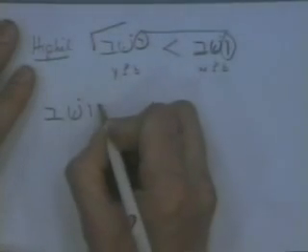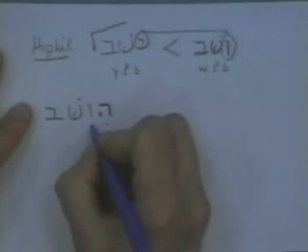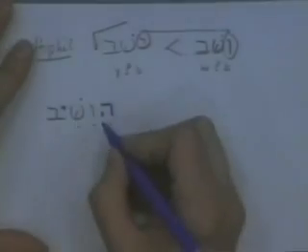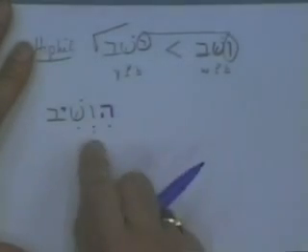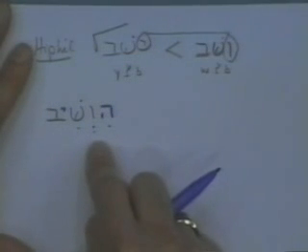If it were a regular verb, we'd add our hey prefix, point it with a hireq schwa, and add an infix, right? And in a sense, that's what's going to happen. Now, this creates a problem, however, because that wow, now forming the end of a closed syllable with a silent schwa,